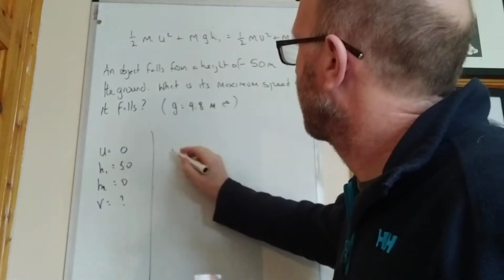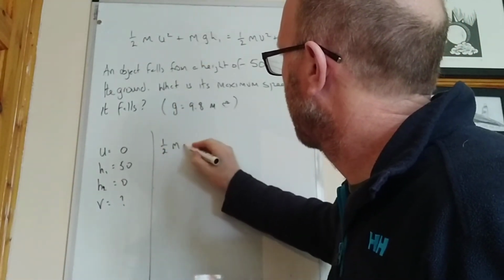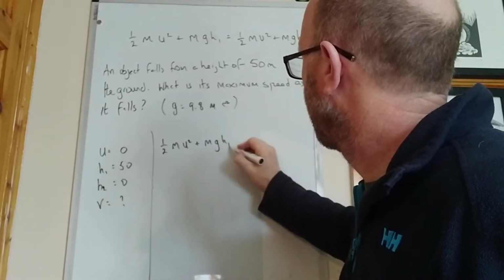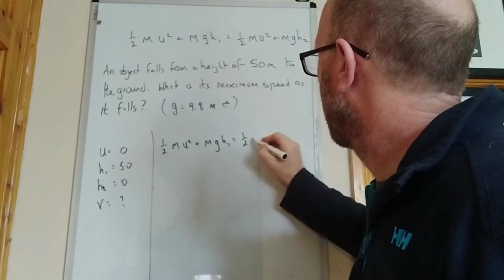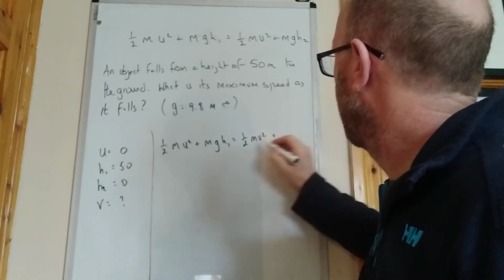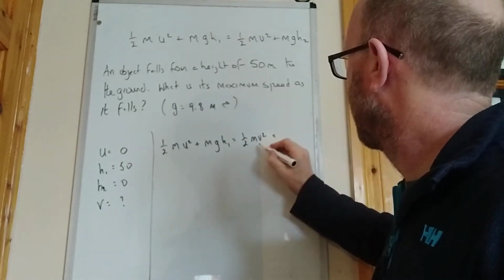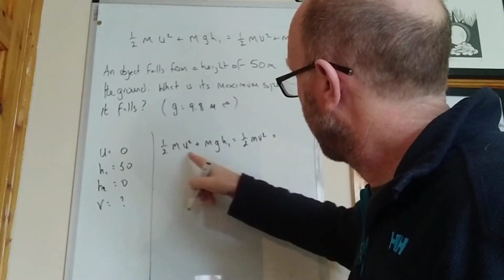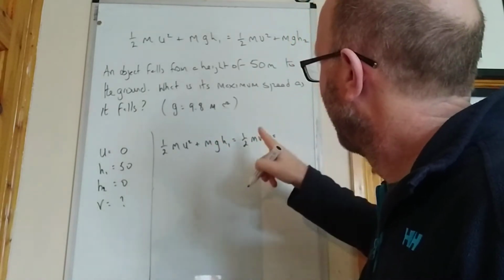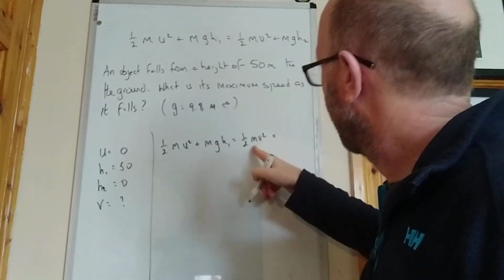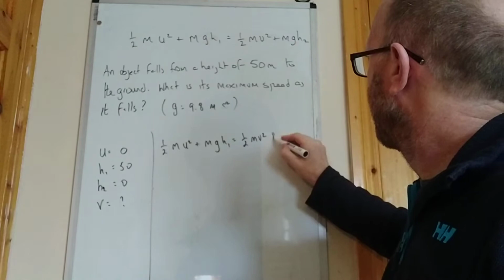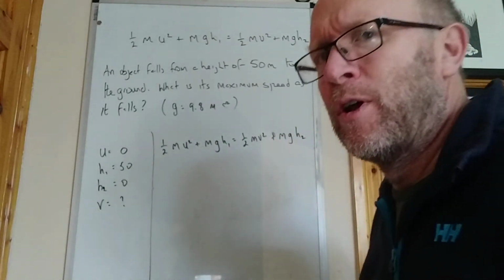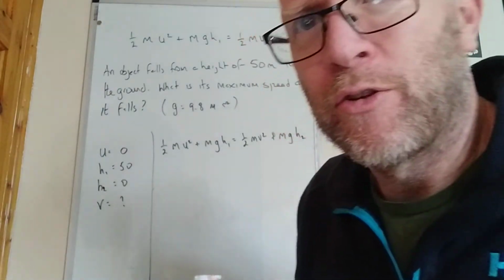So we write down the total energy before, the initial kinetic energy plus the initial potential energy. Total energy after, still the same: the final kinetic energy, half mv squared, plus the final potential energy, mgh2. Now, rather than filling in zeros, what I like to do is just do